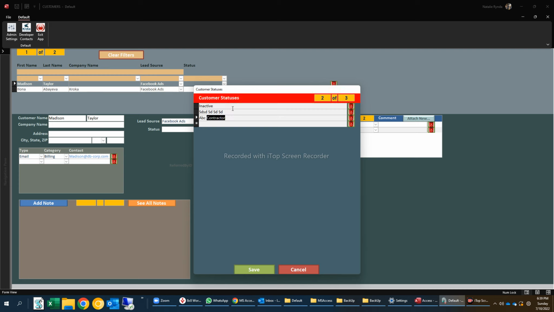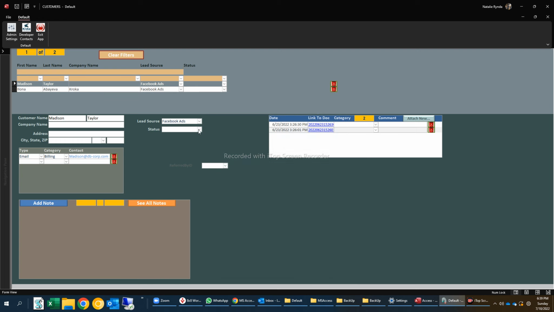So you double click, the header becomes red, and now it's letting you know that it's not going to autocorrect your stuff. And now you keep your ABC in all caps as you wanted it. So now you added these three things. You're going to click save, and now if you go into status,